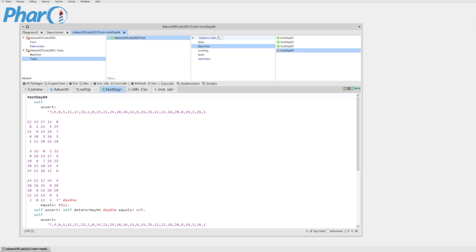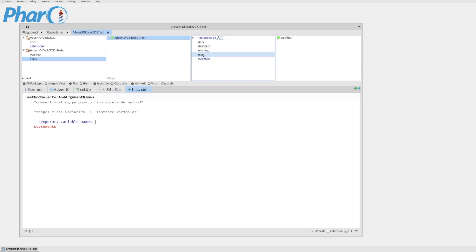So I need to be able to add values to a card to build up the card, and then I need to be able to check to see whether a number is on the card and get a return true or false, and I need to be able to ask the card what its score is. So those are the three operations I need to be able to do for the card. So I'm going to write tests to do those before I even bother with the day 4A code. So let's go over to general tests, and we'll write a